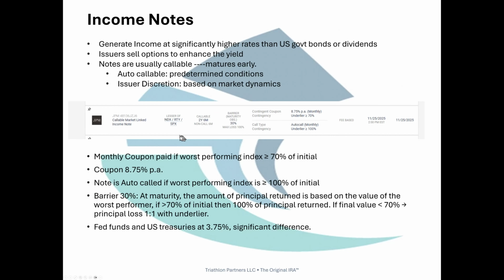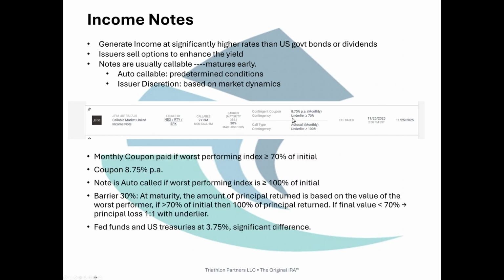Income notes: this particular one is based on a worst-of 3 different asset classes, which you already have in your portfolio: the NASDAQ, the Russell 2000, the S&P 500. The term, the maturity, is 2 years and 6 months. It's not callable for 6 months. 8.75% annual interest. It's going to pay you monthly, as long as the worst one is greater than 70% of